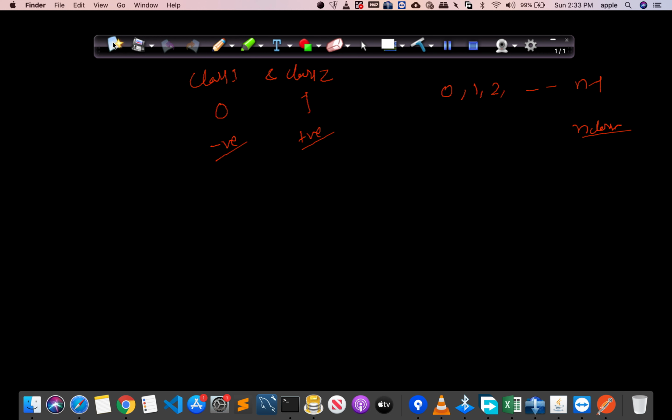Suppose we have three classes, that is 0, 1 and 2, and the labels are as given here. Suppose we have 10 data points, or let me see how many we can see. This is the actual label. The actual label is 0, 1, 2, 0, 1, then 2, then 0, then 2 and 2.